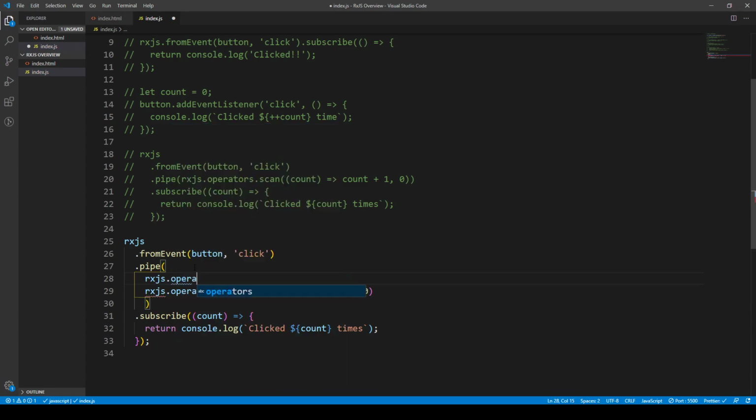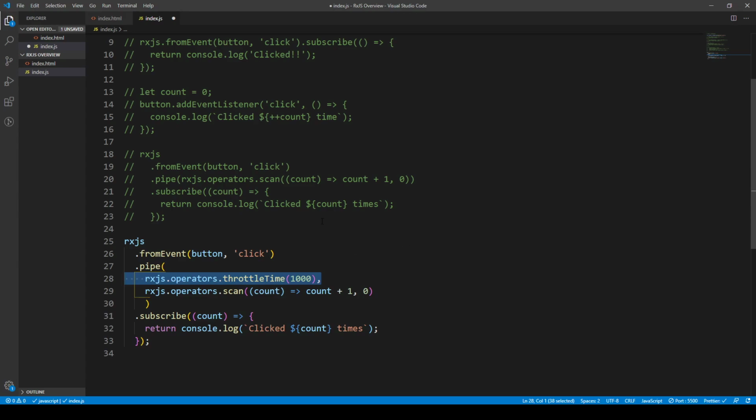So we'll go to the library and we'll go to the operators, and we can call this throttle time. And we just use a comma here like this. And what this throttle time will do for us is it controls the flow through our observable. So we click this observable, and after 1,000 milliseconds or 1 second,